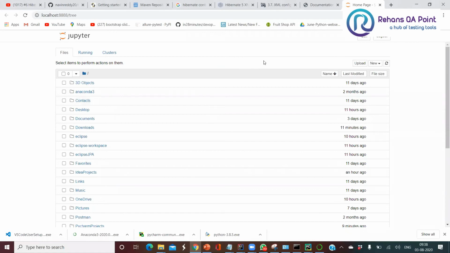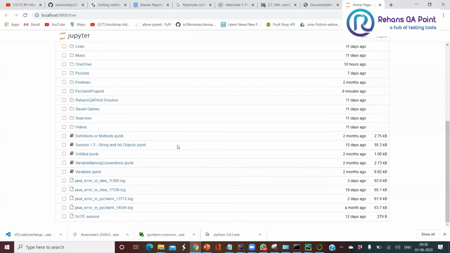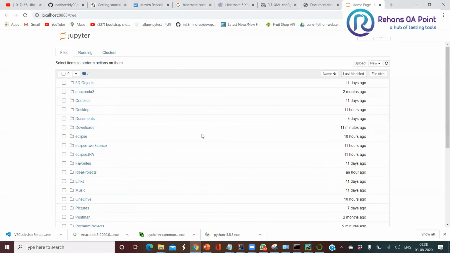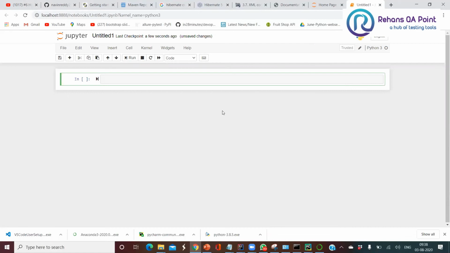Now, this is going to be called your Jupyter editor, guys. Now come and click on this New Python 3, because we are going to use your Python 3 edition. Here you should be able to see your Python 3. Now this is a placeholder where you are going to write your code.